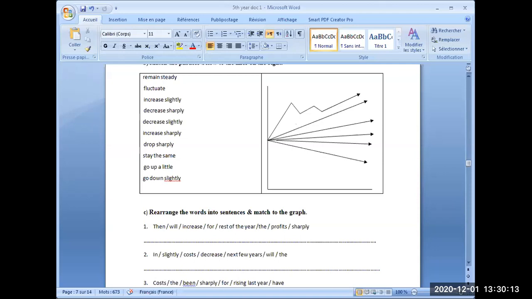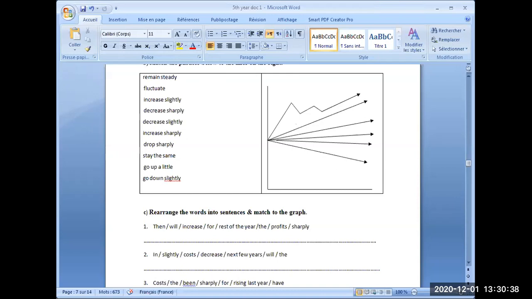For number three, then, increase slightly. Yes, Manel, correct. When we compare the one before and the number three, both of them increase, but one is increasing sharply and the third is increasing slightly, légèrement, slightly. Next,